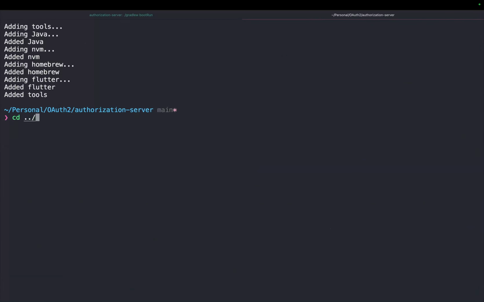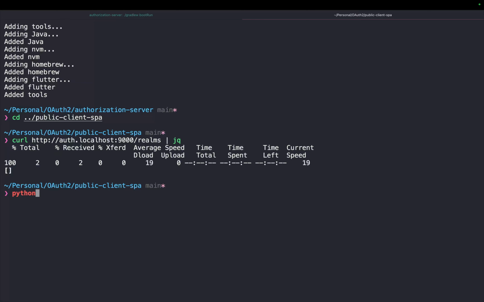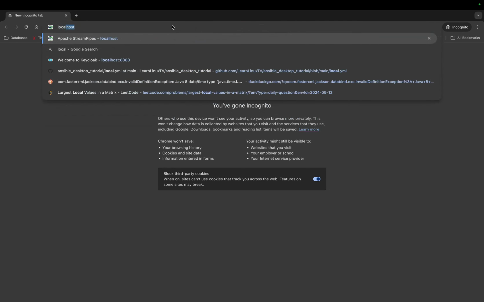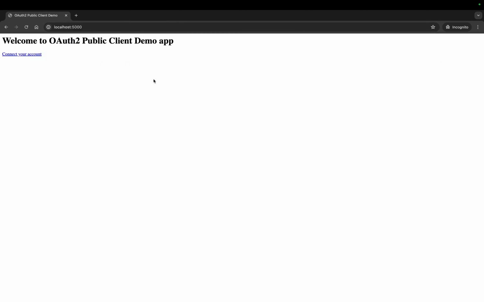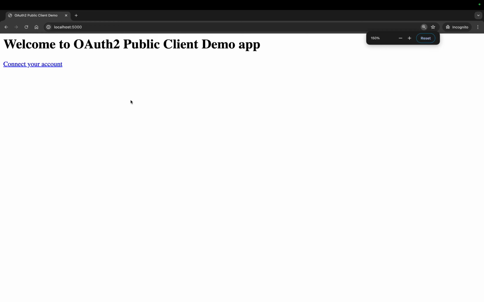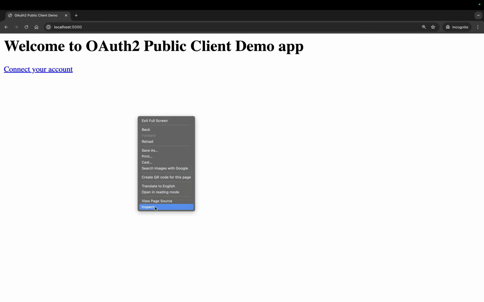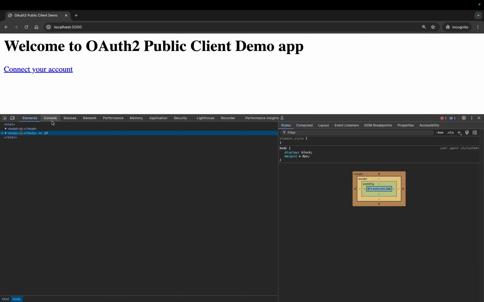Meanwhile, I will go to public client SPA, and here as well I will start the server. For that we can use python3 -m http.server, and the port is 5000. Okay, this is working, and here I will just go to localhost:5000, and we can see this Connect your account. I will go to Inspect here, and if we click on Connect your account,